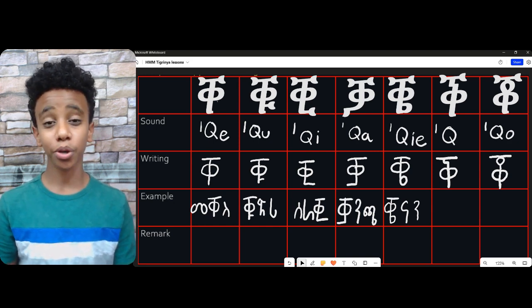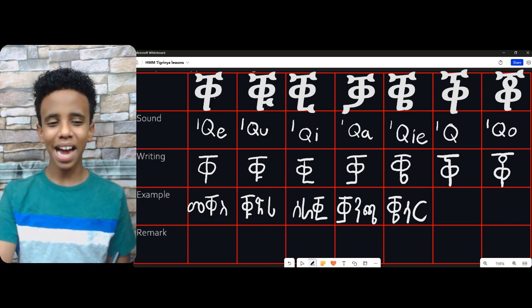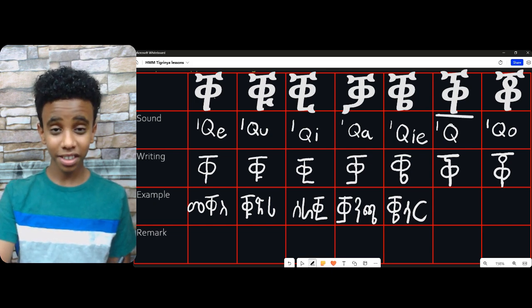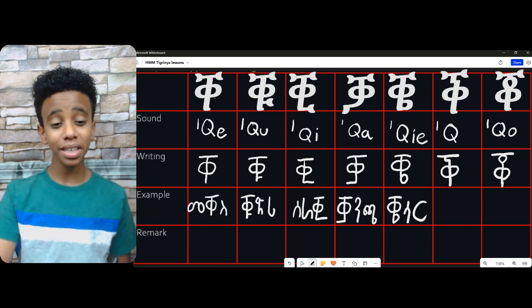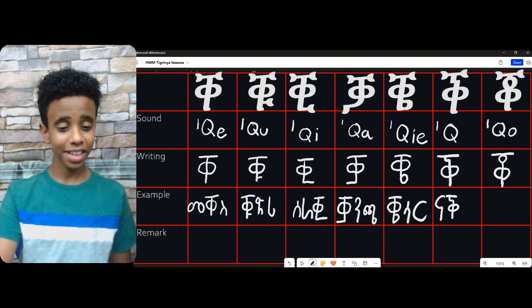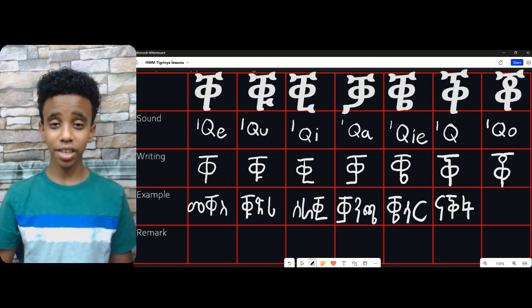Let's go to our 6th example. Our 6th example is made up of the letter Q. And our example for the letter Q is Na, Q. Ooh, my bad. Naqfa. Naqfa in Tigrinya means